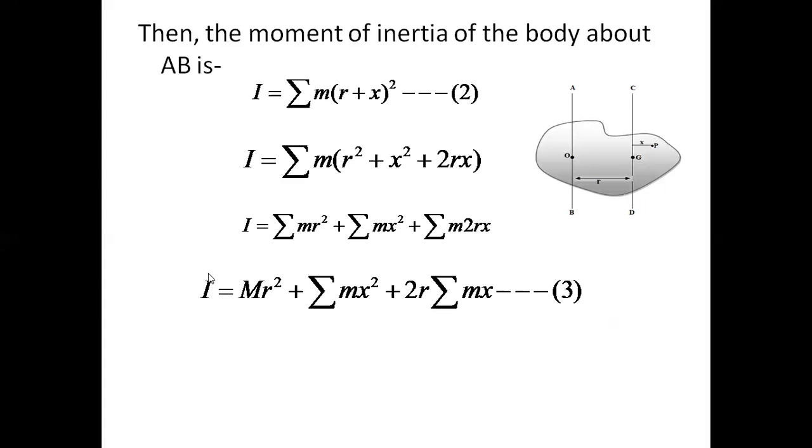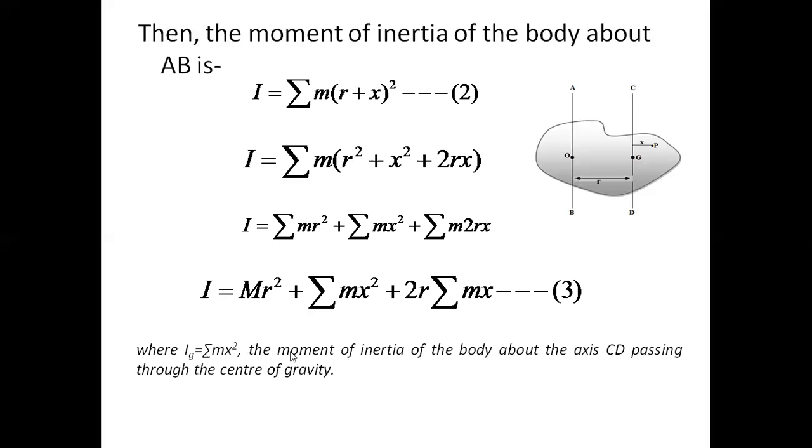In this equation, observe the second term. It is sigma m x square. Suppose if we write only small m into x square, it is the moment of inertia of the single particle P about the axis CD. But sigma m x square means the sum of the moments of inertia for all the particles about the axis CD. That means CD is the axis which passes through the center of gravity. Hence, I will represent sigma m x square with Ig, where Ig is sigma m x square,